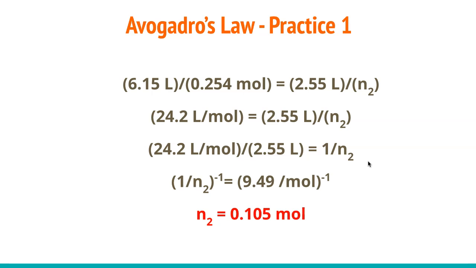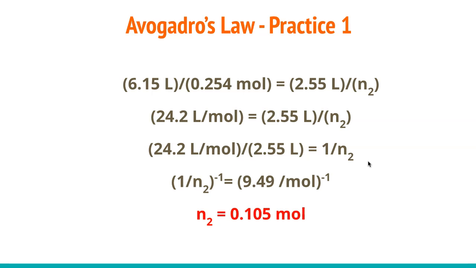So applying this forward, you can see it filled in each of the correct spots. The left-hand side of the equation condenses down to give 24.2 liters per mole. Then I need to divide through by 2.55 liters to get rid of it on the right side. So if I do that, it will give me 1 over the final moles. And so again, similar to the example we saw with Charles' law, I need to take the inverse of N2 and the inverse of that value. And when I do so, I end up with N2 equaling